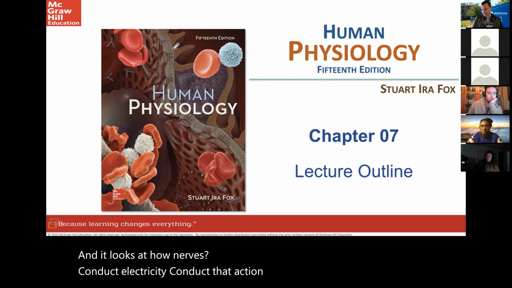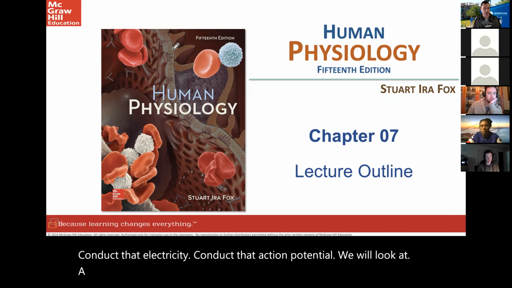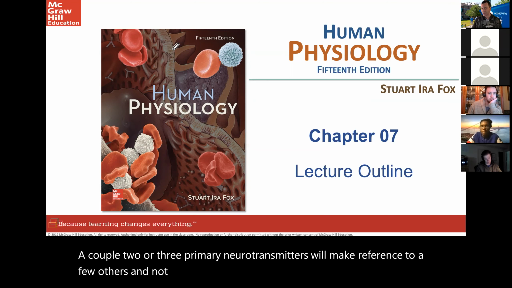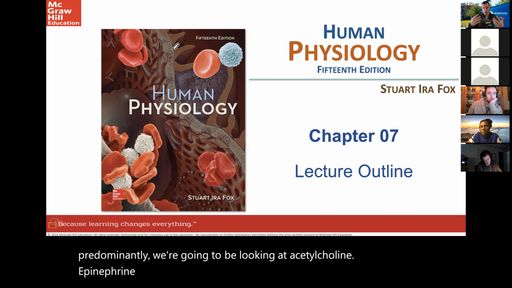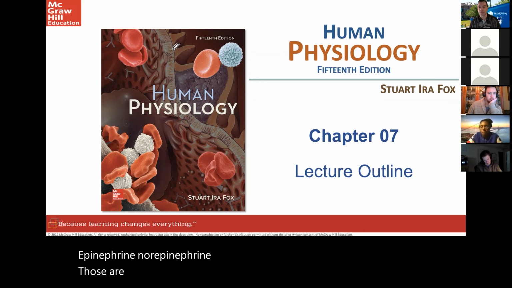We will look at a couple, 2 or 3, primary neurotransmitters. We'll make reference to a few others and not dive into all of the mechanics associated with them. Predominantly, we're going to be looking at acetylcholine, epinephrine, norepinephrine. Those are the ones that we're going to be talking about the most, because those are the ones